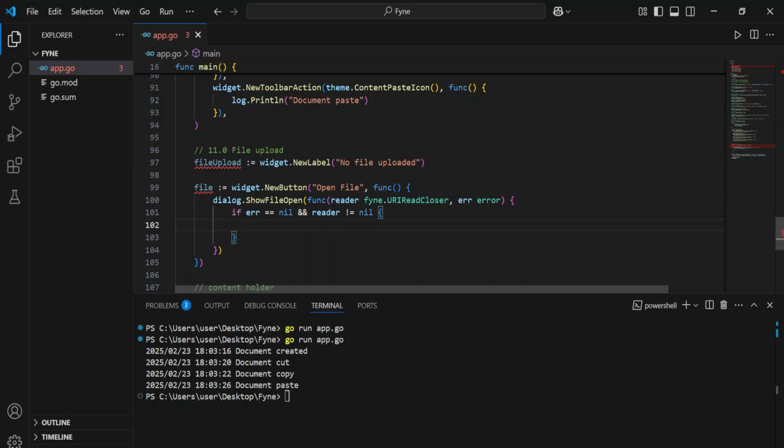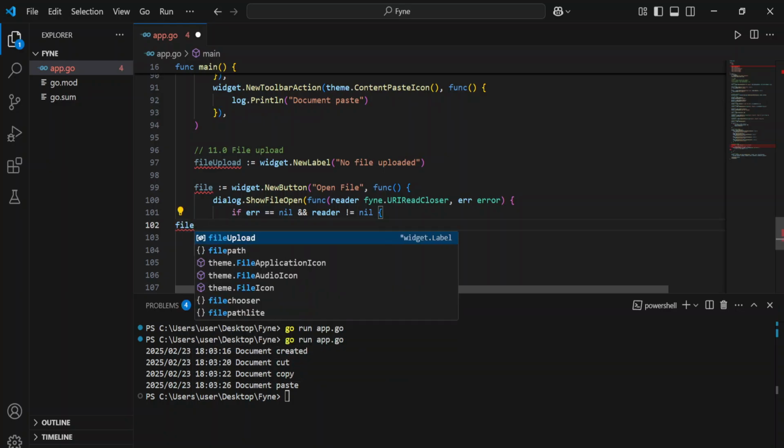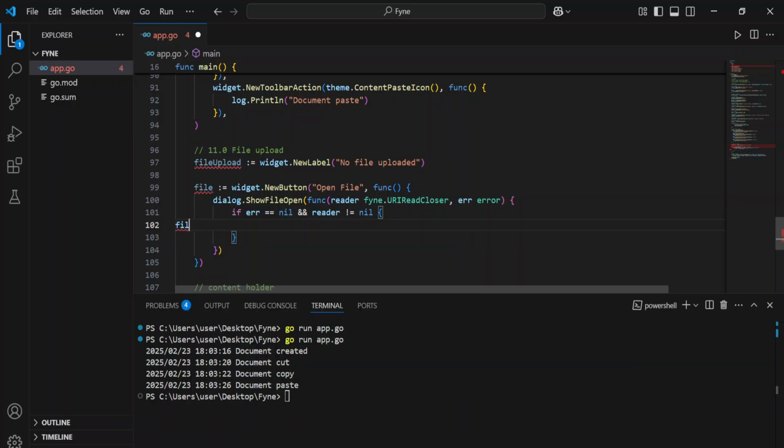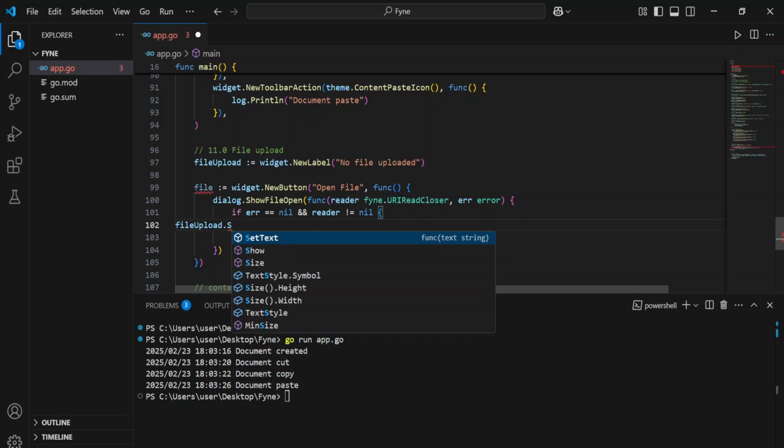But otherwise, if there is an error, nothing is going to happen. So we're going to say file upload. So when we successfully upload it, we're going to change this text from no file to the file that has been uploaded. So file dot set text,